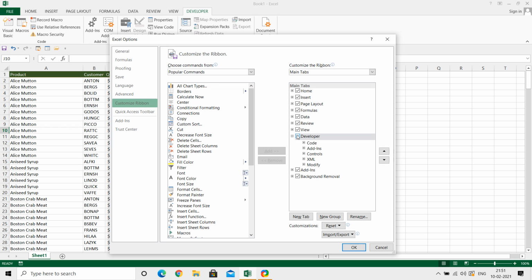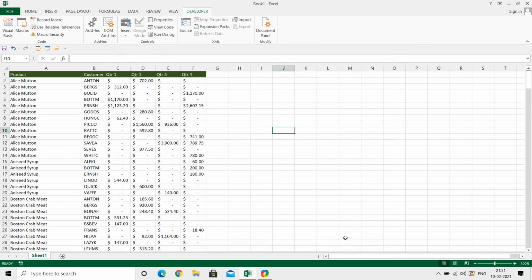If it is selected, okay, otherwise you have to select it like this, then click OK. Then the Developer tab will be visible.